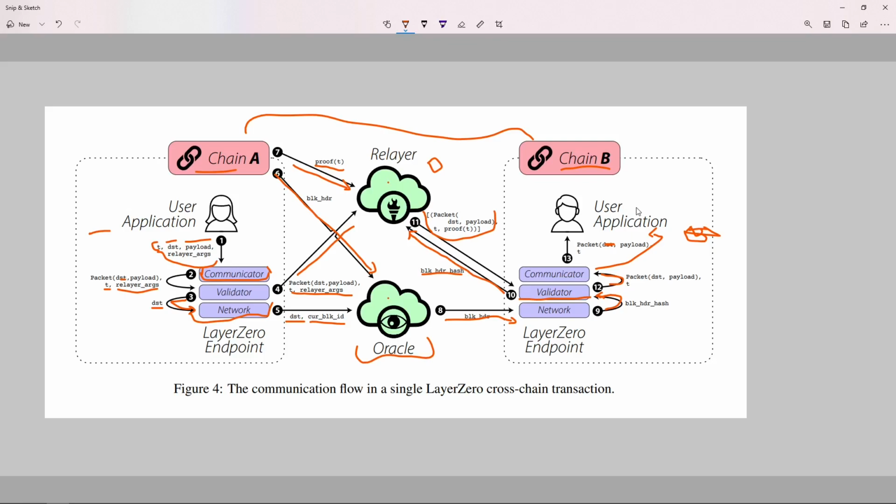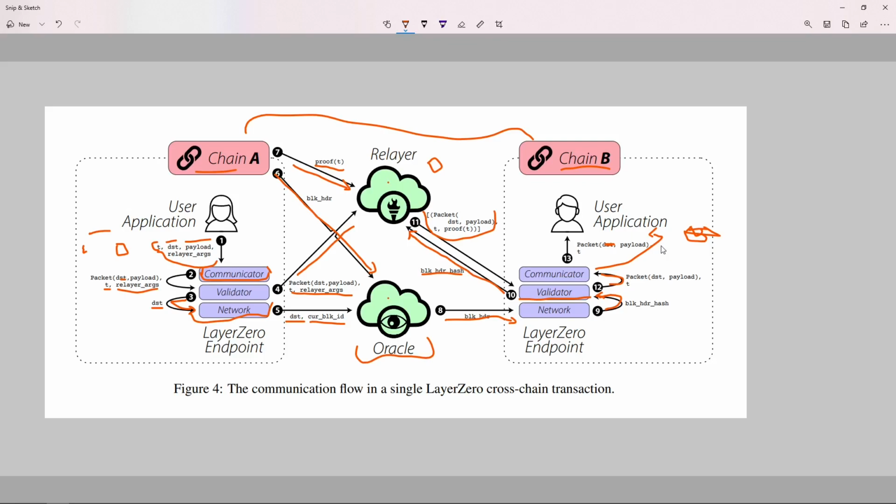Let's say we passed the data: transfer 2000 DAI in chain A, which is Ethereum, to a user on chain B. What it usually does is burn or lock the DAI in this chain, and it passes the data here.